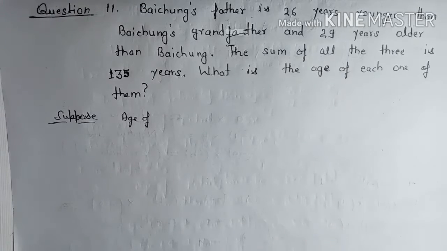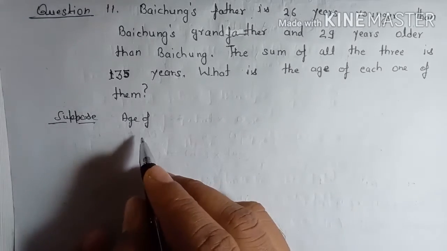Here, question number 11. Baichung's father is 26 years younger than Baichung's grandfather and 29 years older than Baichung. The sum of all these three ages is 135 years. What is the age of each one of them? So consider first, suppose age of